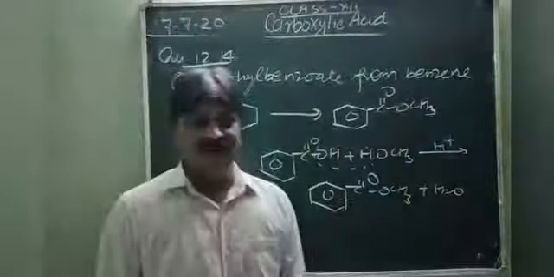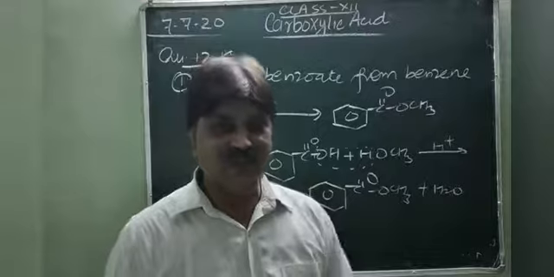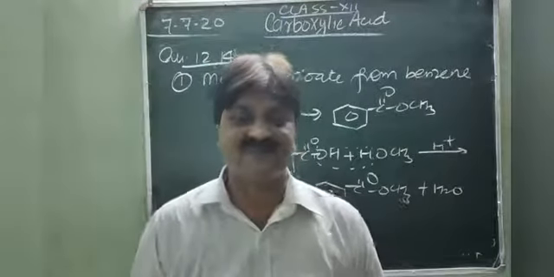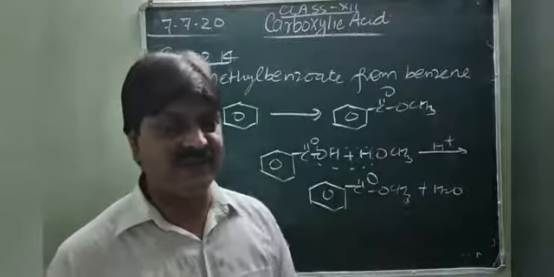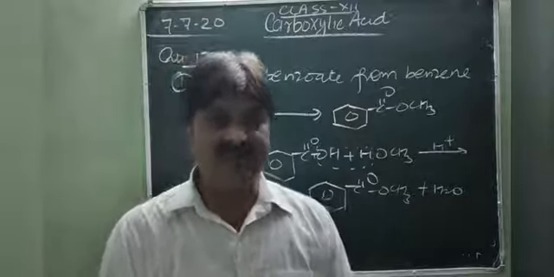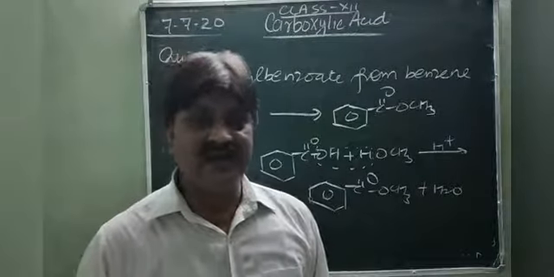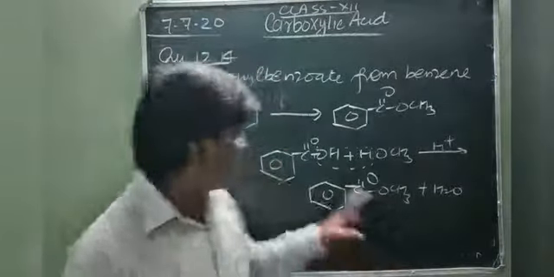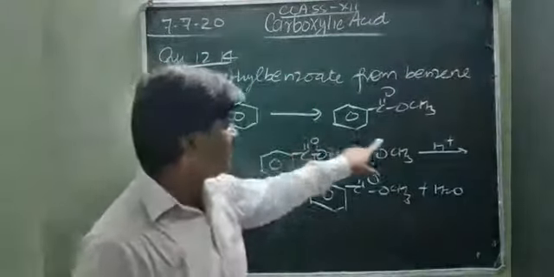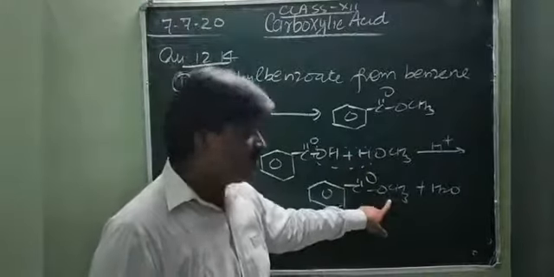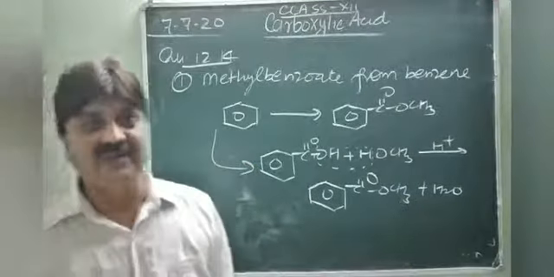Very simple. Now, most of the time students say that they are not able to understand how the conversion is carried out. Actually, there is no special chapter for conversions. Conversions are carried out from the preparation and property part of the particular topic, the particular compound. If you have knowledge about the preparation and properties, you can easily write the conversion questions. So first think how to prepare this compound. If acid and alcohol combine, this forms the ester, so you need to convert benzene into benzoic acid. Then you can prepare it very well.